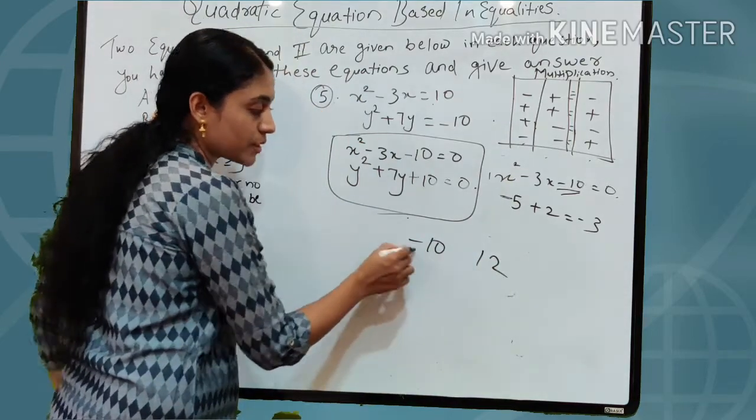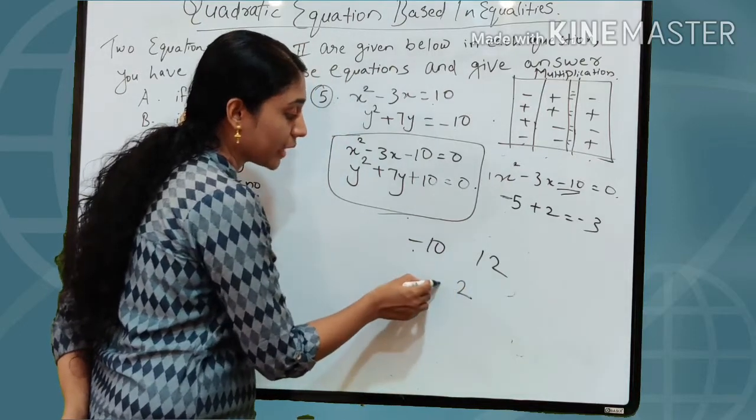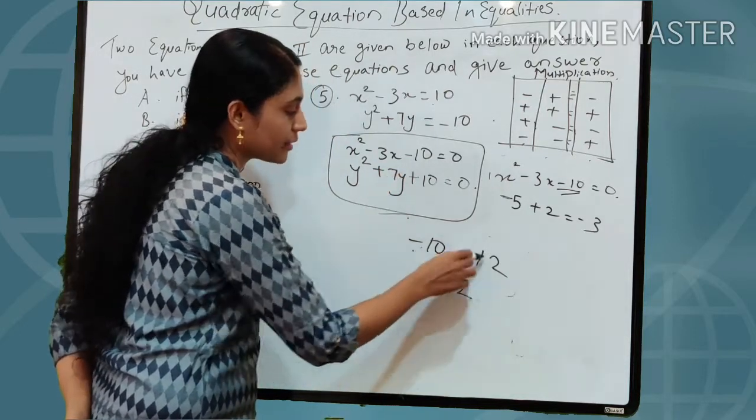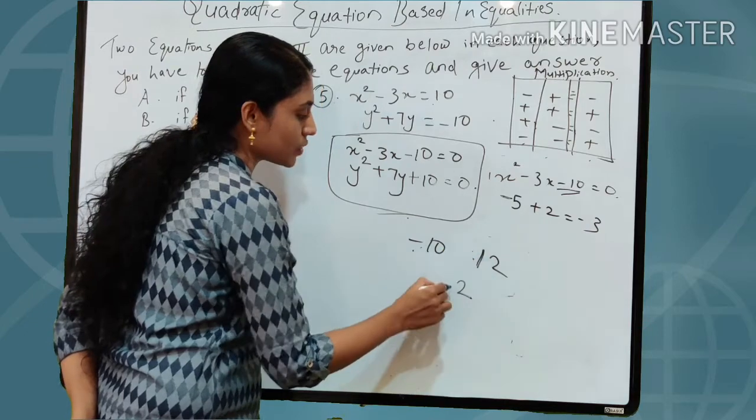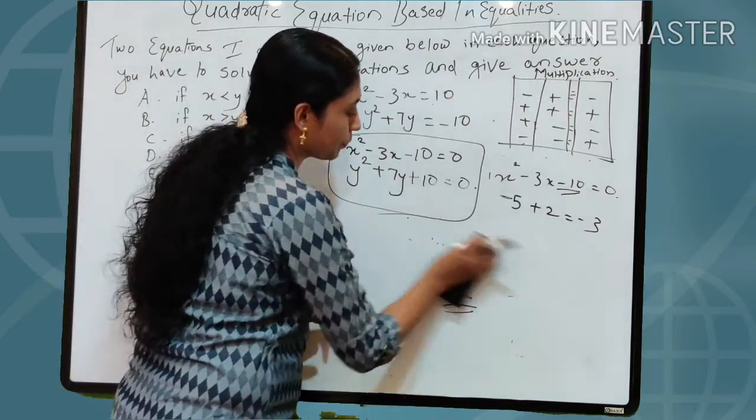Here we have to subtract two numbers. 12 minus 10, it is 2, and you have to take the sign of the greater number. Here the greater number is 12 and its sign is plus. So the answer is plus 2. Understood? Another example,